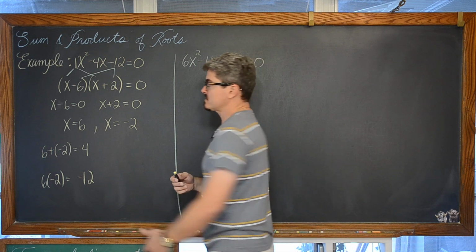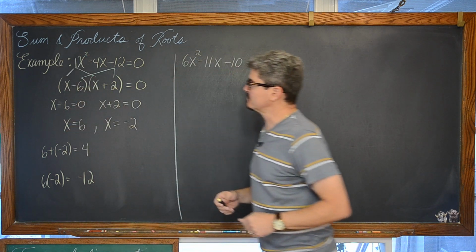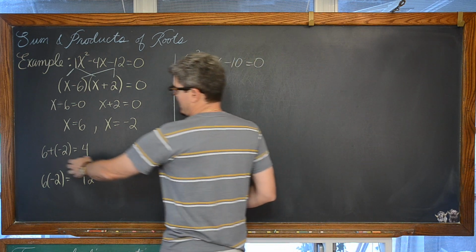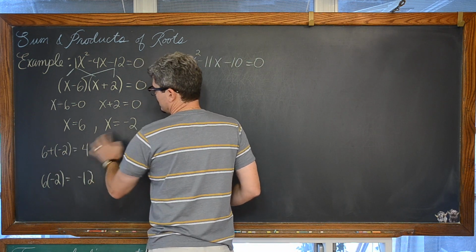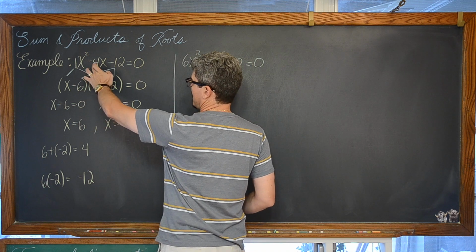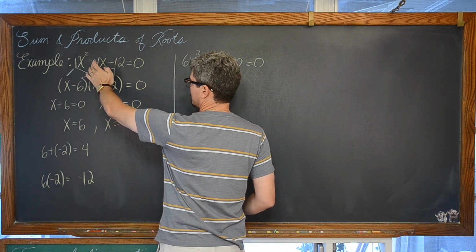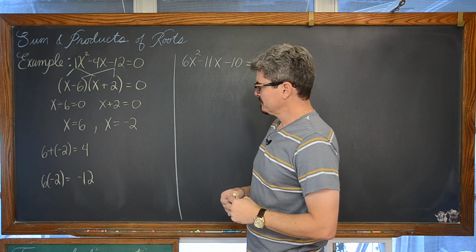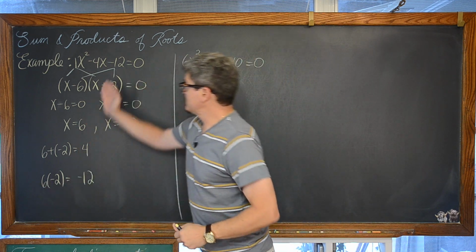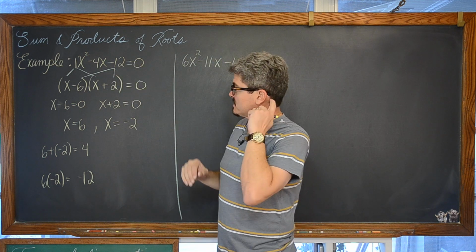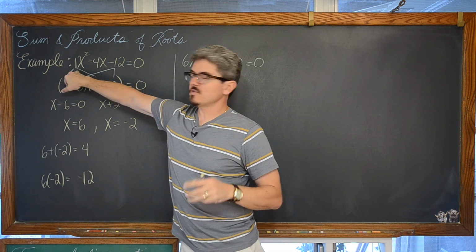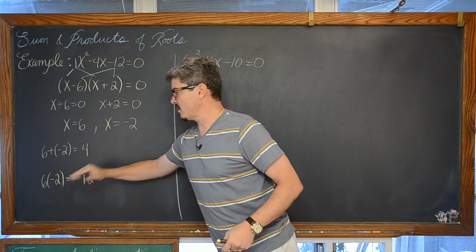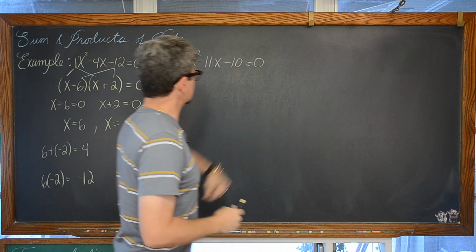Well, especially since our leading coefficient is 1 here, or basically our coefficient of a in our quadratic equation, we have that the sum of our two roots is coming up to not our middle coefficient here, but it seems like it's just the opposite. And the product of our two roots is equal to our constant. But with our leading coefficient equal to 1, we're not getting the complete picture here about the relationship of the sum and the product of our roots for a quadratic. So let's take a look at this example.